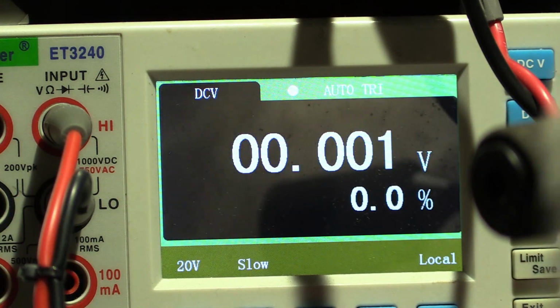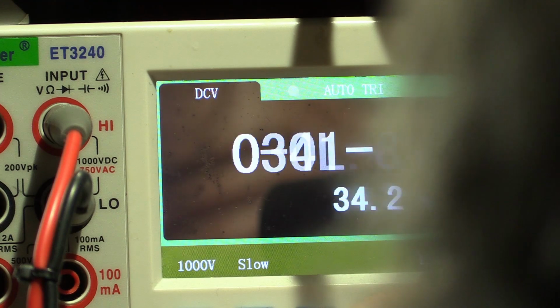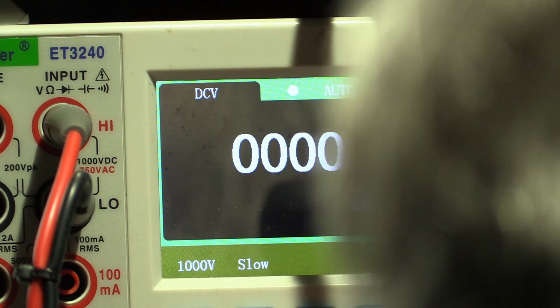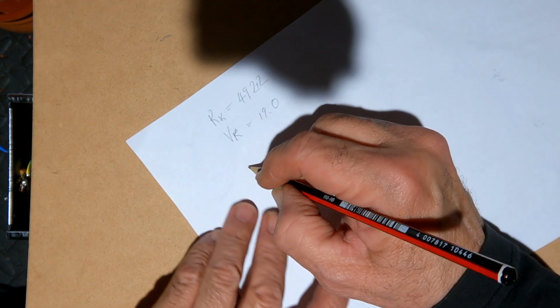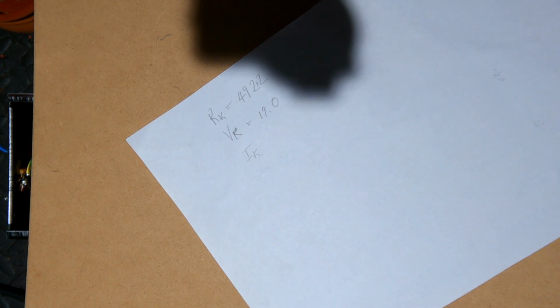Voltages around the 6V6. Here's our plate, 340, we like that. Here's our screen, 311. And here's our grid, 0, perfect. The voltage across the cathode is 19.0. That means the current going through the cathode is,